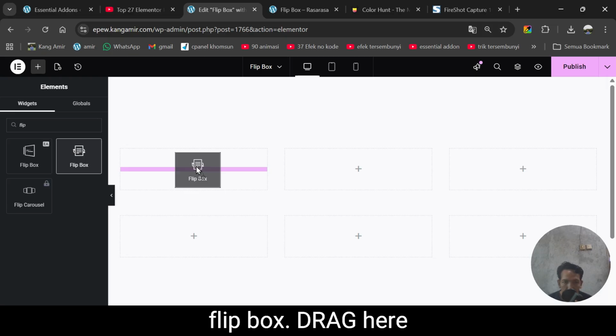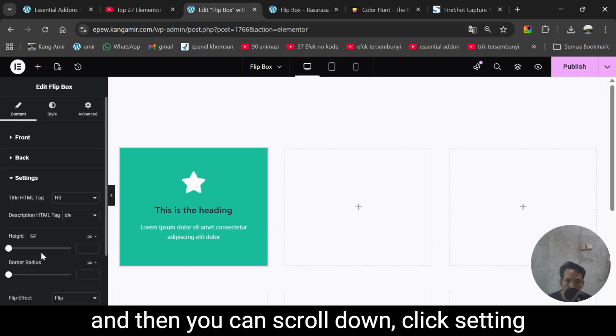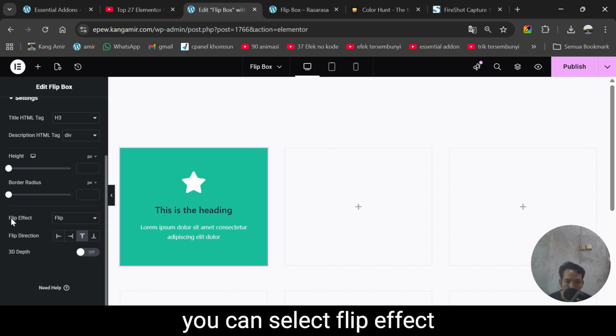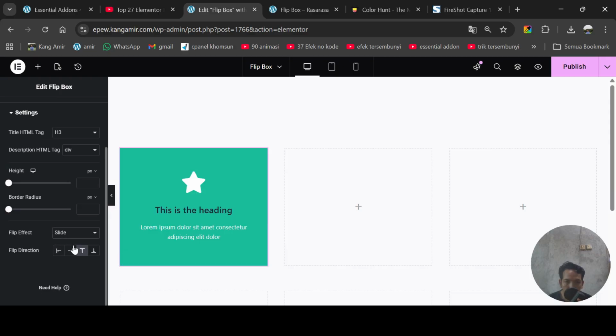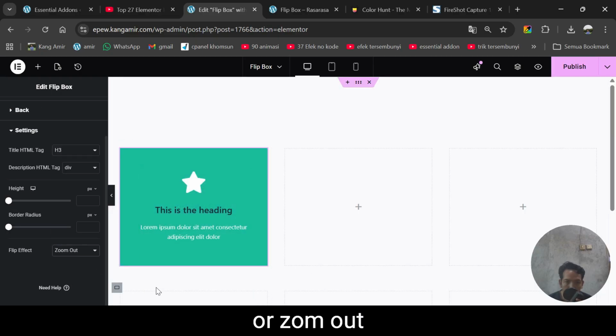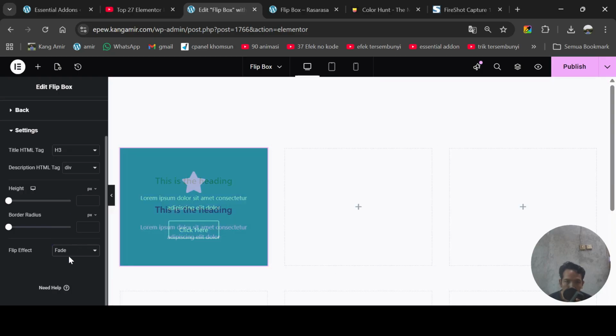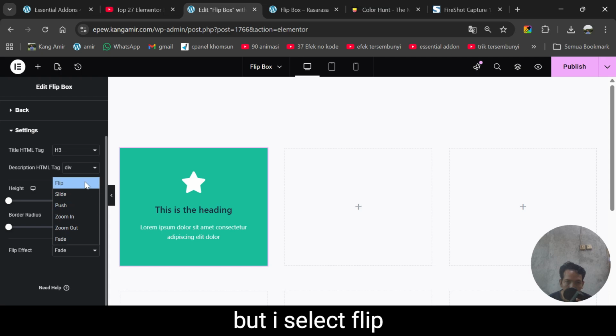Okay, let's get started. For the first step, we can type flip box, click here, and then you can scroll down, click settings, and select the flip effect: flip, or slide, push, zoom in, or zoom out, or fade, but I select flip